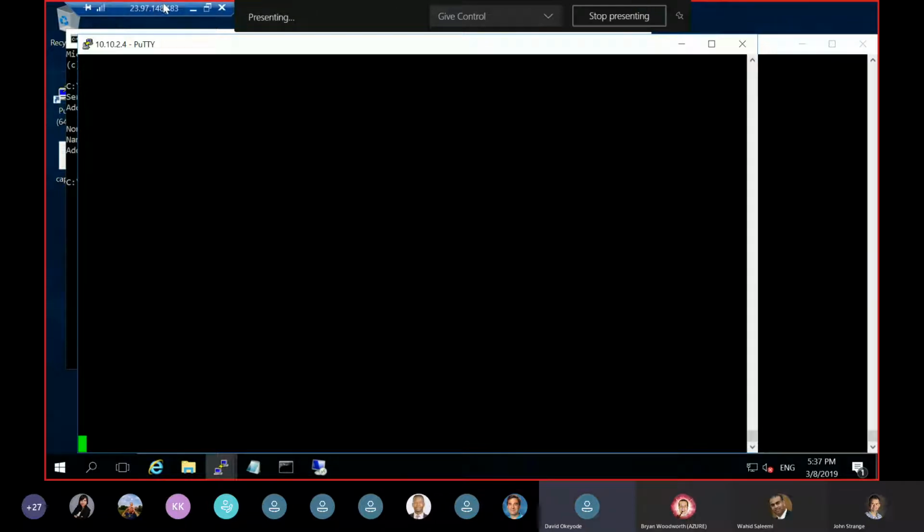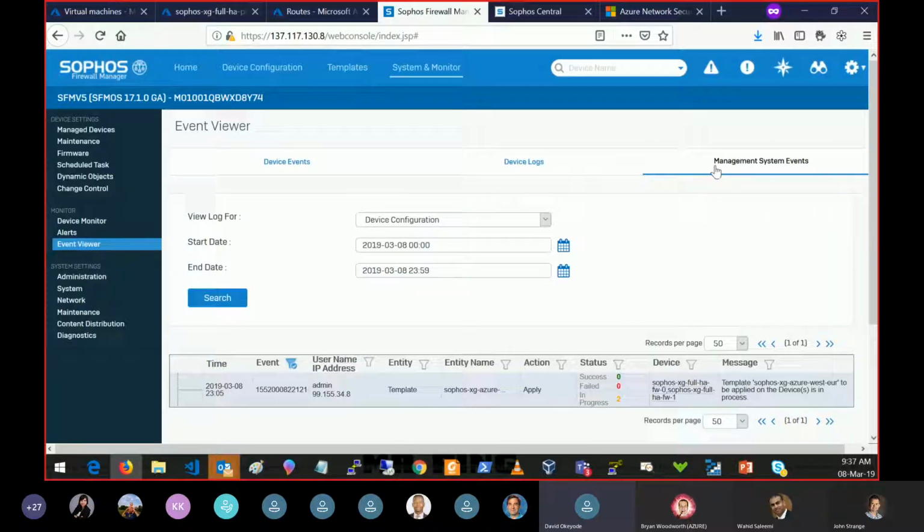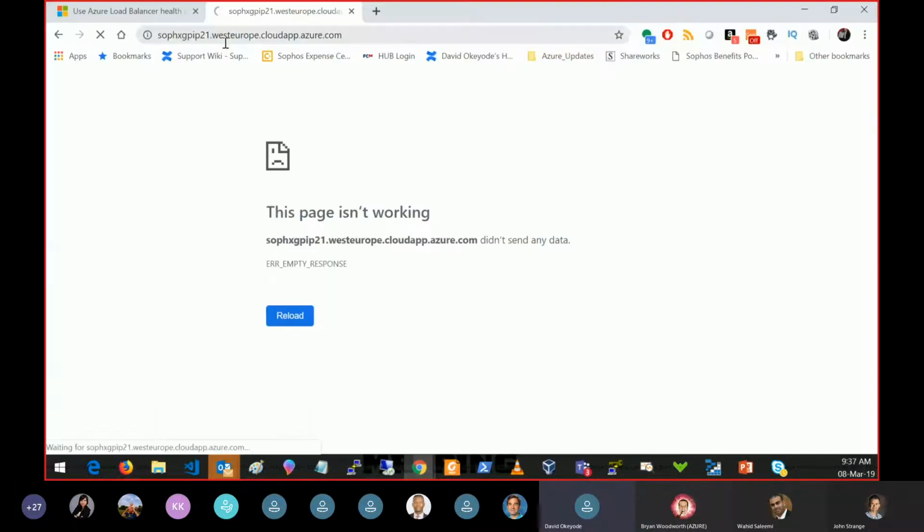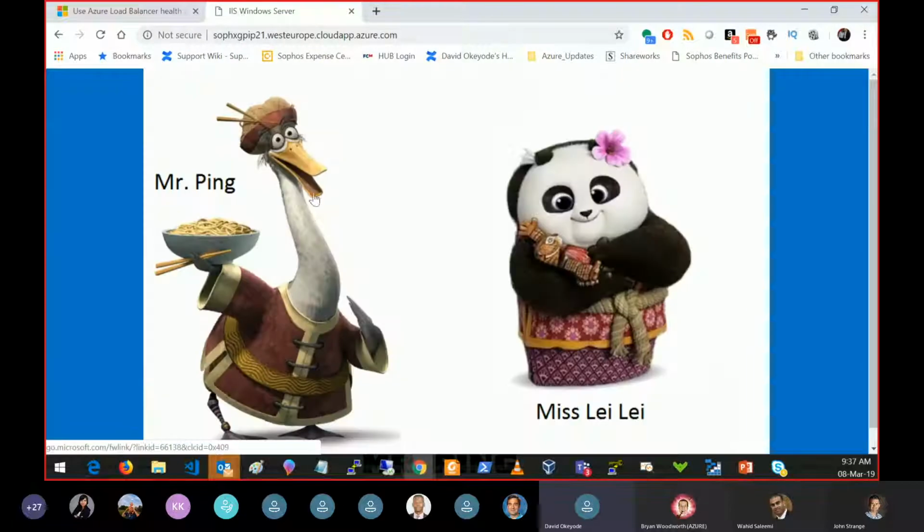Because I'll be using this in a minute. Okay, back to this. Let's see if our configuration push is done. That's done. Let's go back to do a test. And here we go. Yeah, look at that. That's amazing. Firewall working, going to our web application engine and going to the IPS engine of the Sophos XG